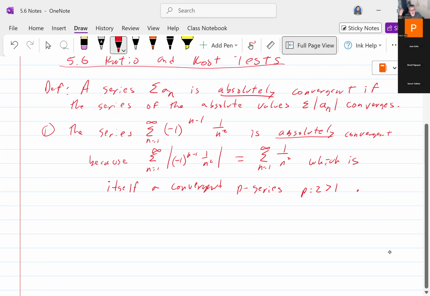So it converges. Not only was this alternating series convergent, which we could prove by the alternating series test,